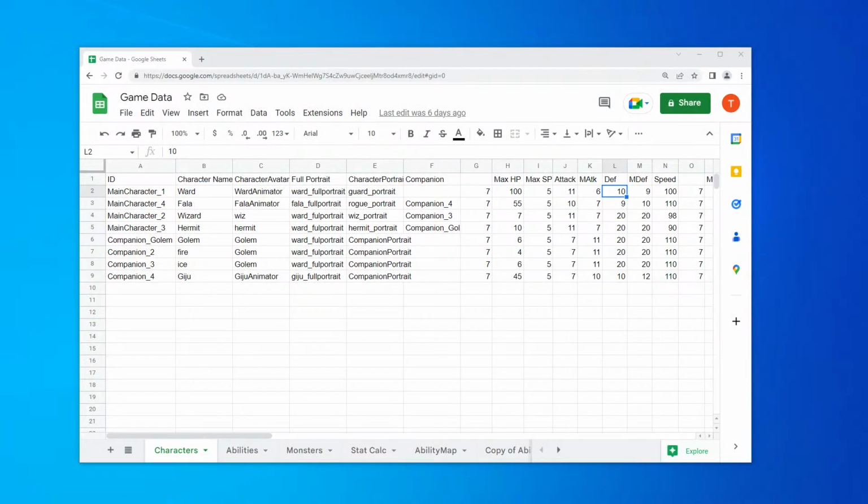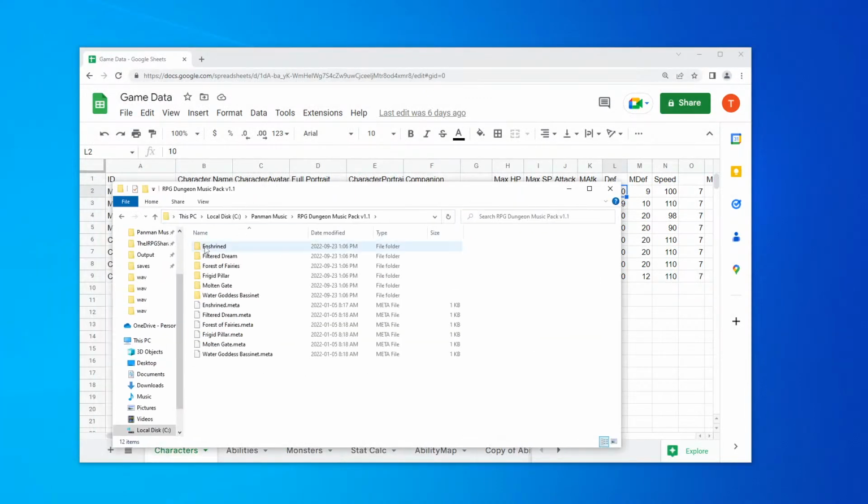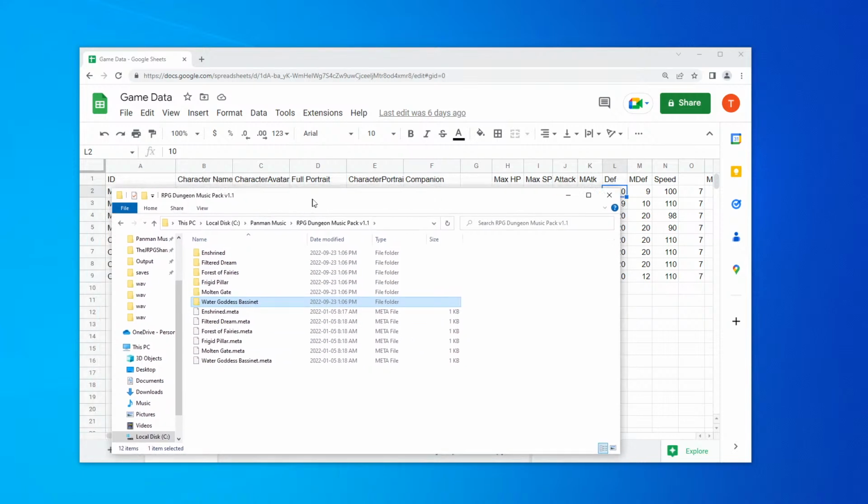Dungeon is the request. We can take a look at Dungeon. For Dungeon, we have Enshrined, Filtered Dreams, Forest of Fairies, Frigid Pillars, Molten Gate, and Water Goddess Bassinet. This is all from Panman Music from the Unity Asset Store. I think it might just be the music I want. I'm probably going to use this as well as